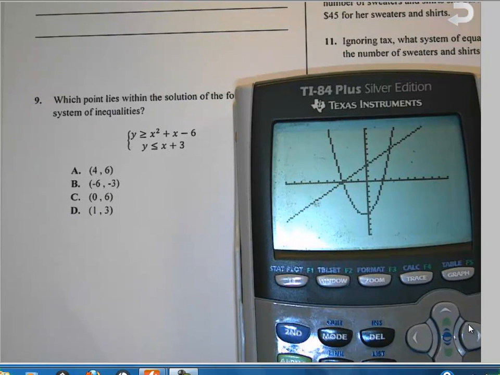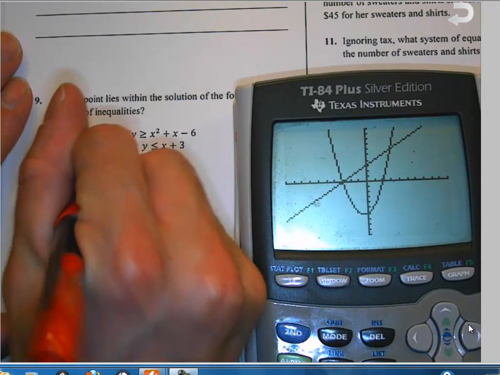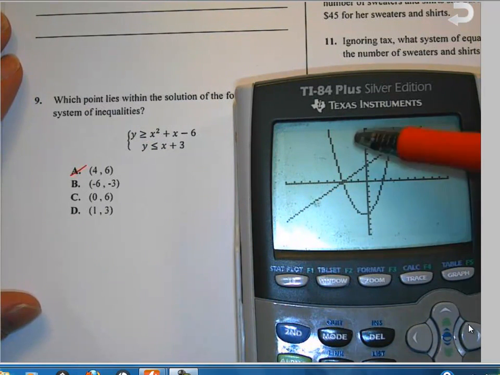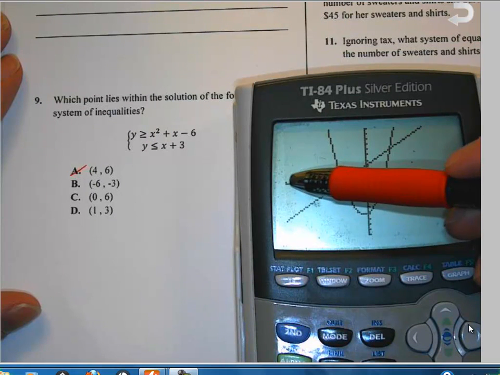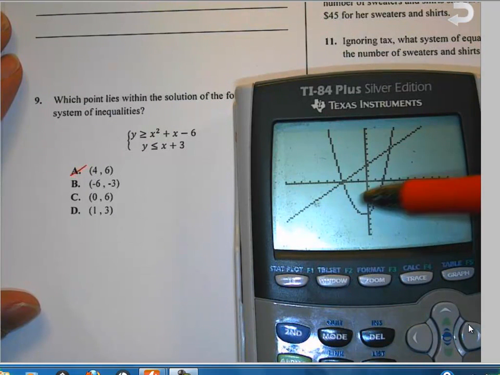And so the easy way for us to do this is to go on ahead and see where things are. Well, if I go to where x is equal to 4, 1, 2, 3, 4, I am outside of this little zone here, which is where the two things come together. So A is clearly and obviously false. Now if I go again, negative 6, that's way over here, that is well outside this small zone of intersection